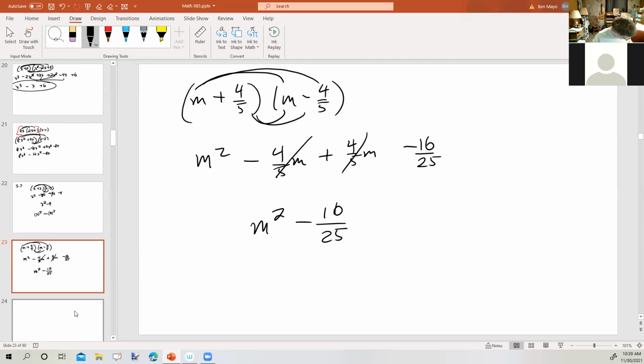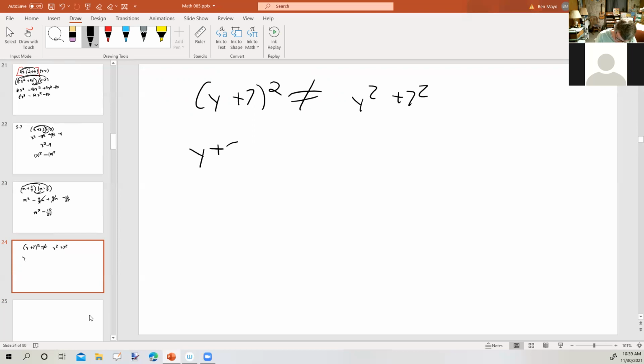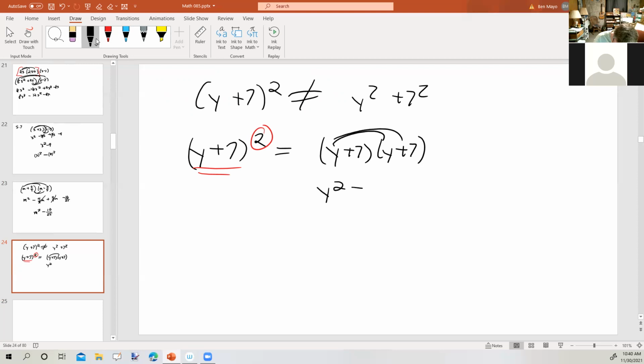16/25. Okay, now, let's say we've got something like this, y plus 7 squared. We need to be very careful. This is not equal to y squared plus 7 squared. What we have to do is recognize that we have an exponent of 2 and a base of y plus 7. So we have two factors of y plus 7, which we then FOIL together, y squared plus 7y plus